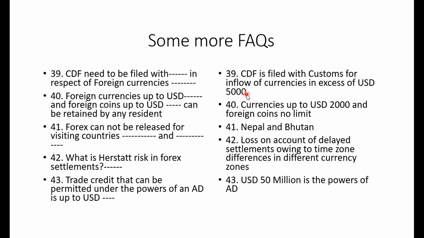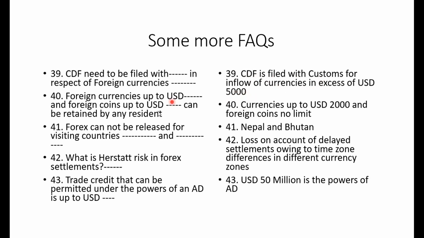But US dollar 6,000 you have brought, you have not declared. One challan you have to fill up. That challan is known as what? It's not a challan, it's a form. That form is known as CDF. Customs will put the seal. If they found out $6,000 but you have not declared, they have every right to confiscate because the law is